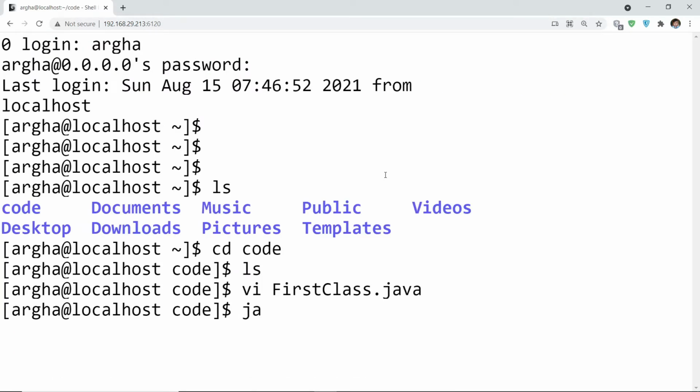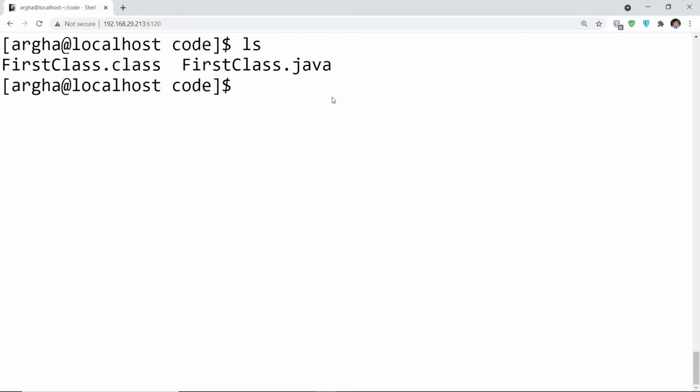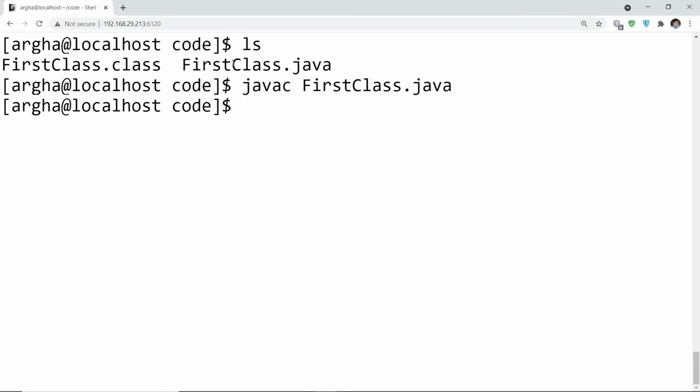Now once saved, of course we need to compile this. So the issue was that Java JDK was not installed in my system, so I had to install it quickly. So let's resume. Here I have created our Java file, and now let's compile it again. Okay, let's compile it. See, now it should be able to compile. Now once compiled, we can run this.